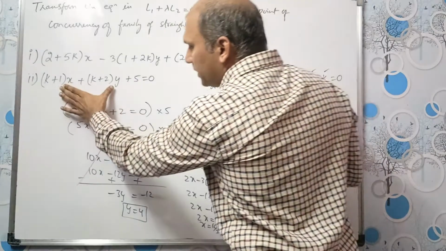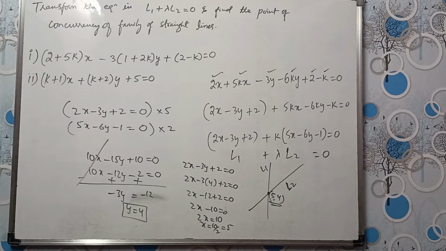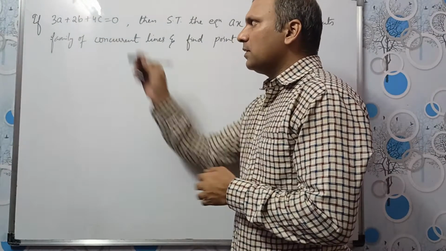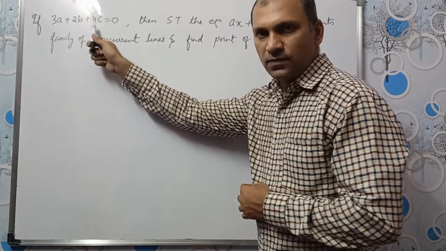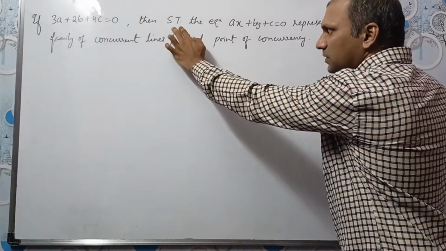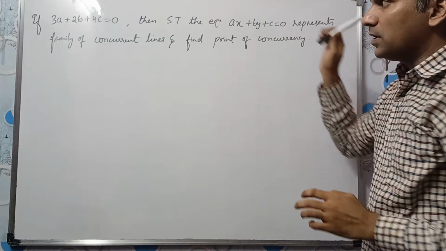Now I am expecting you to solve this problem. Okay. This is an important problem. If 3a plus 2b plus 4c is equal to 0, this is the condition given. We should show that the equation ax plus by plus c is equal to 0 represents a family